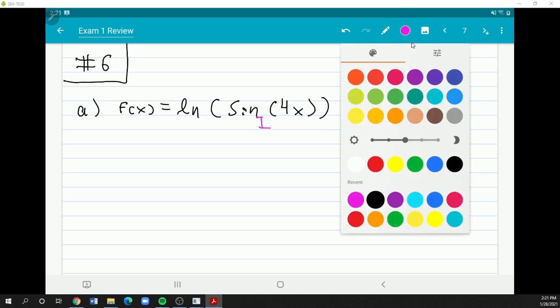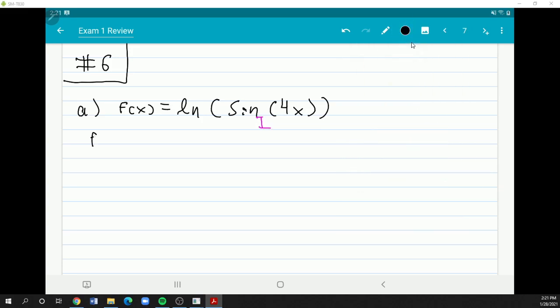My outside function is log. So by the chain rule, derivative of log of something is 1 over that thing. So 1 over sine of 4x times the derivative of sine of 4x,